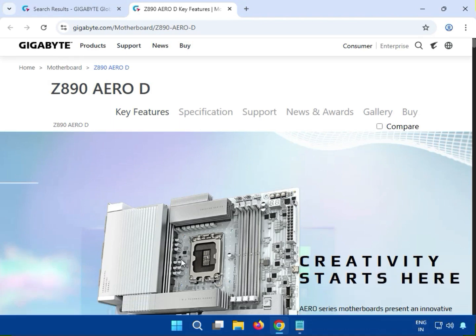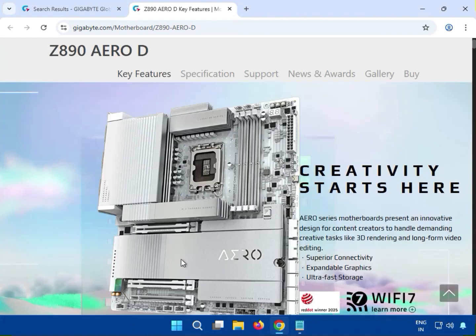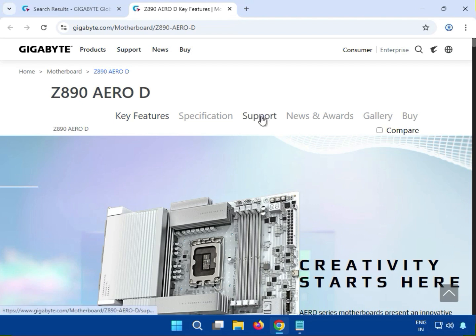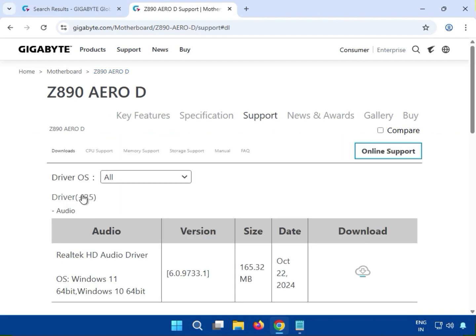Go to this tab, then this is your motherboard. Click on support. Then select your operating system, which is Windows 10 or 11. If you have Windows 10 and you see the installation is for Windows 11, no worry, because it's the same installation process. Okay,